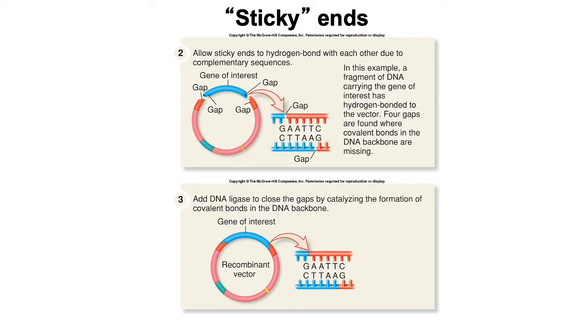So this shows a little more close-up of what we're talking about when we talk about these sticky ends. I've got the DNA that was cut with EcoR1, and if I incubate it with my gene of interest that's cut with the same enzyme, those single-stranded overhangs, the AATT on both of those, will hydrogen bond to one another. And then I can include the enzyme DNA ligase to actually join those gaps and form those phosphodiester bonds between